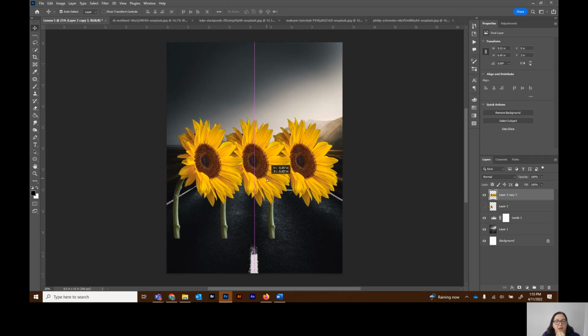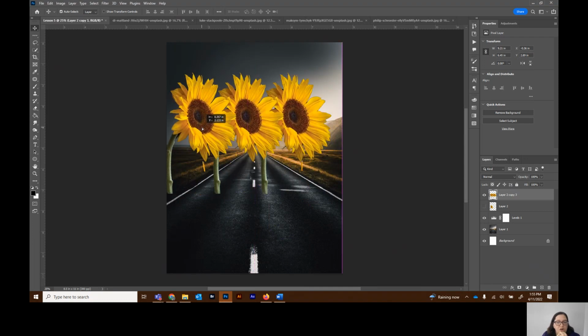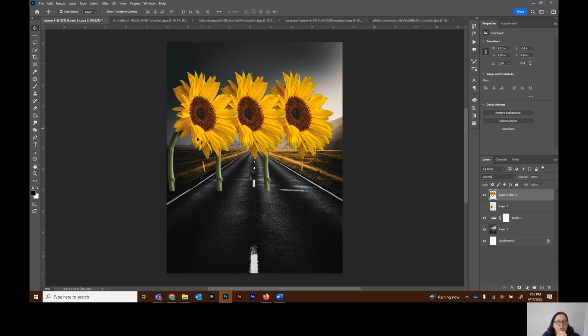Now we need to mess with the perspective, and I need to make them so that they fade back along this road. Fade probably isn't the right word, so that they go back along the road at that perspective so that you get that 1 point perspective feel to them, so they get smaller as they go away from us. So what I'm going to do is start this one right here at the edge, this very first one right where I want them to start. And I'm going to come up to edit,